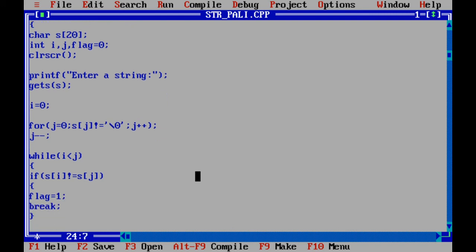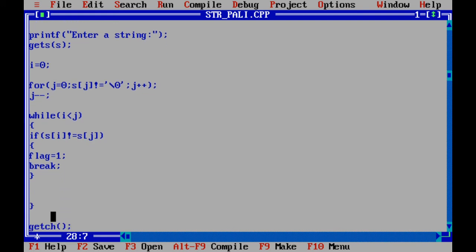This break will terminate the loop, and then end of the loop. Okay. So this is the loop.